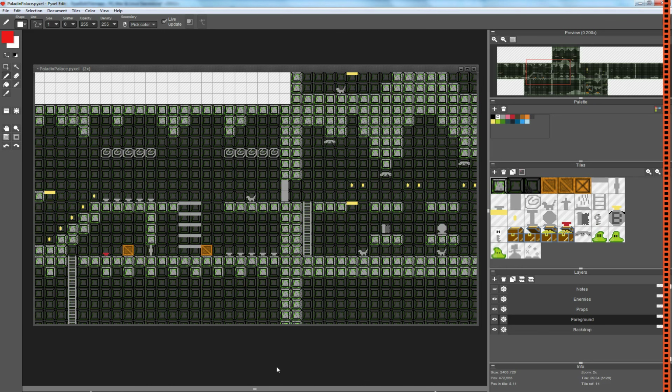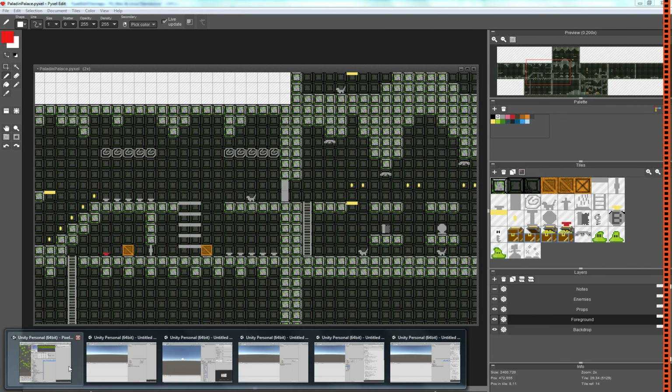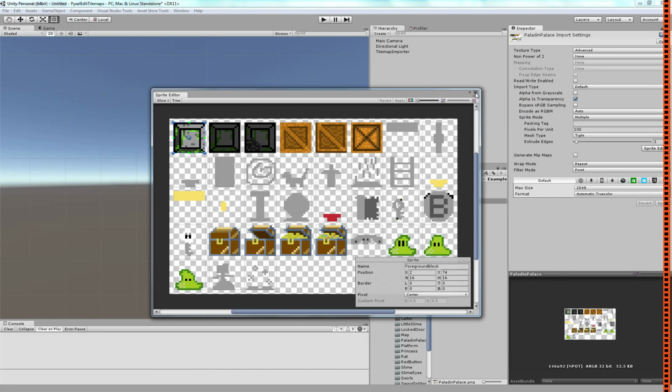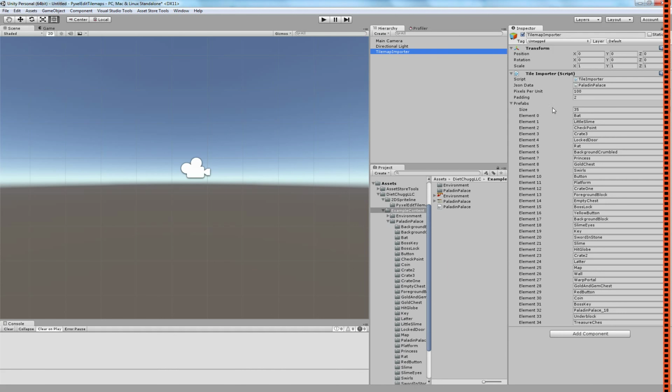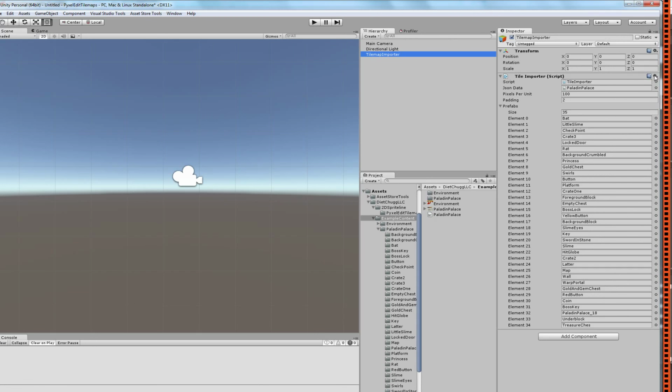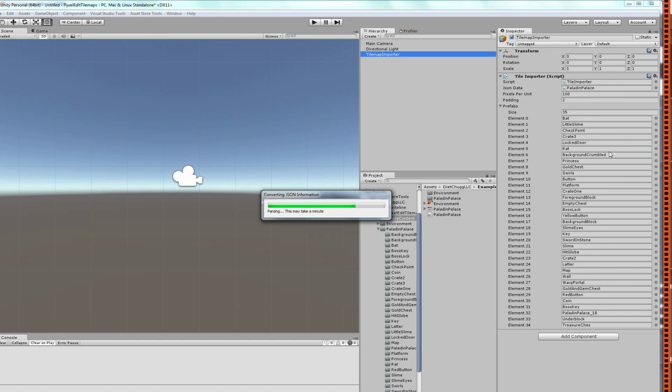But as long as you set it, then when you're inside the editor over here, you need to make sure the Tilemap importer has the same amount of padding, or else it's not going to be able to import the tiles correctly. Once you have all that in place, all you have to do is just click here and click import. And what it's going to do is make prefab install